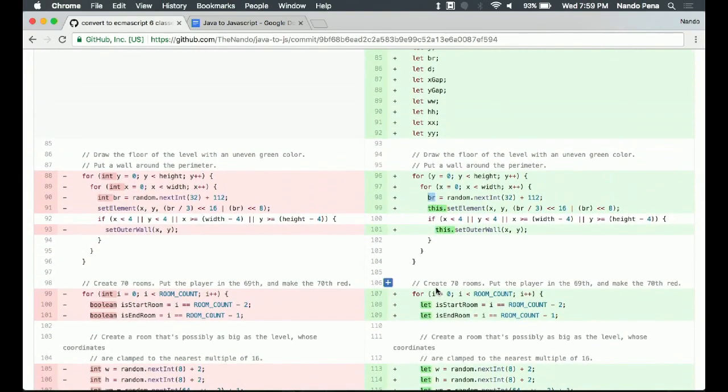So one of the drawbacks of creating all of your variable names within a loop is the way that garbage handling takes place. That var br, it grabs a spot in memory, and then the loop runs, and when it gets to the end of the loop, that memory spot is released. And then the next time the loop starts back up again, it hits that var again, it's going to get a different spot in memory and save that new calculation. So it's hitting up a bunch of different spots every time you run this loop.